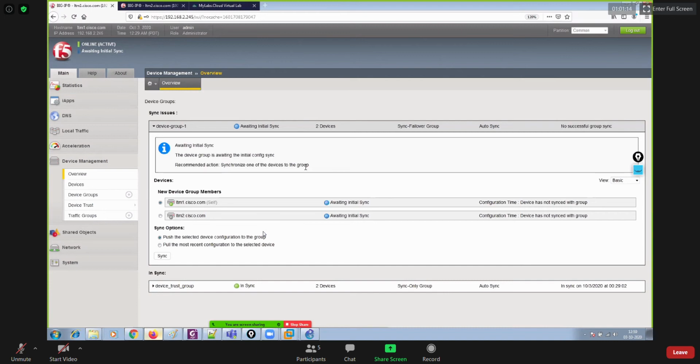So what would you like to do? You would always like to copy the configuration from the existing LTM, which is LTM1, onto your LTM2, right? So select LTM1. We are assuming that LTM1 pre-existed in my infrastructure. What is it saying? Push the selected device configuration to the group, which means it will get the configuration from the selected device, and then push that configuration to this device group, so all of the members of this device group will have the configuration from this particular device.